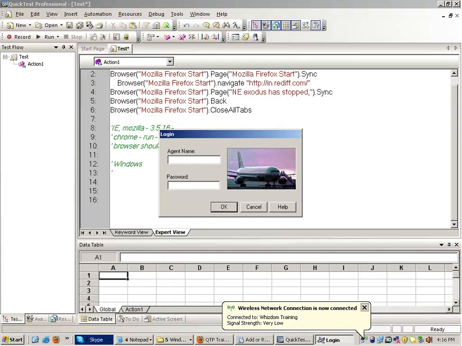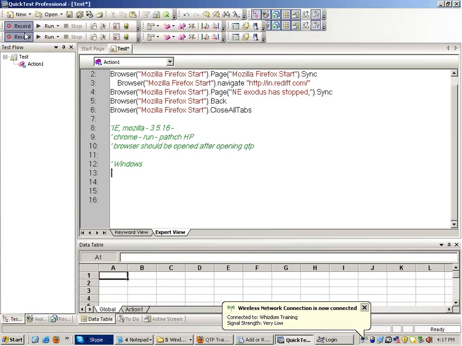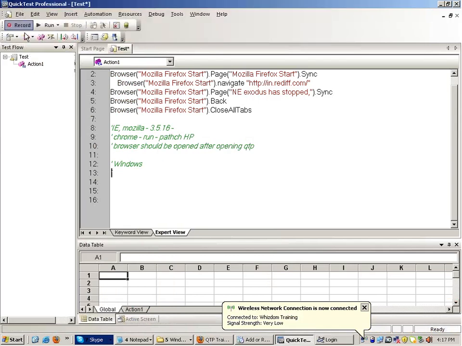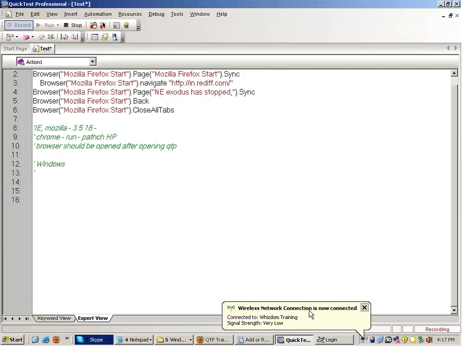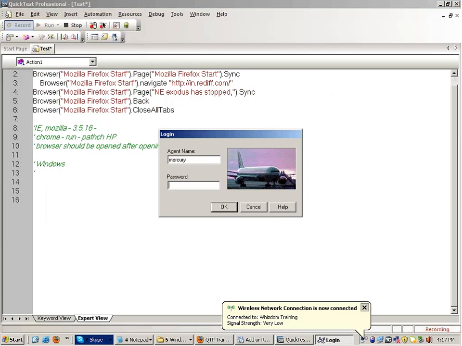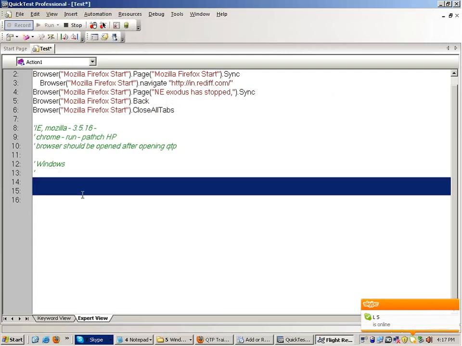Now for Windows-based applications, if I click on the record button and write something in the agent name, the username for this application is Mercury. Password is also Mercury. If I click on OK, see, nothing is getting recorded. So for a Windows-based application, you have to be very careful.